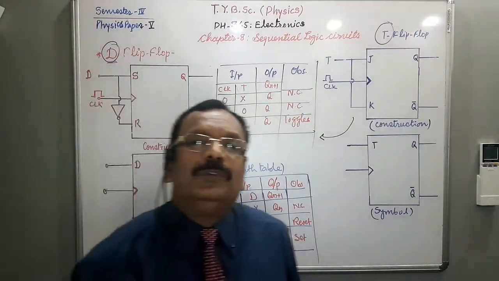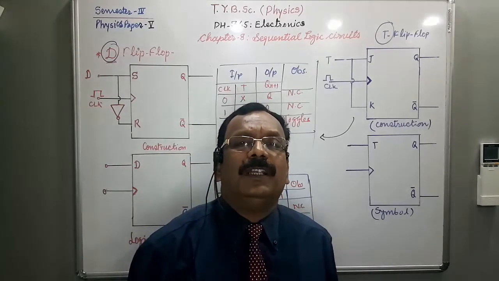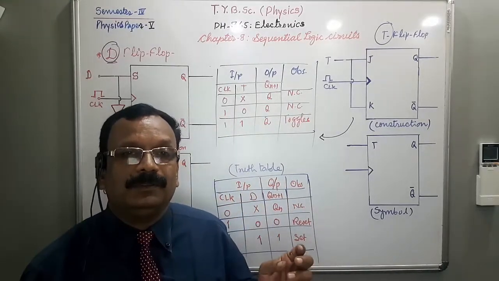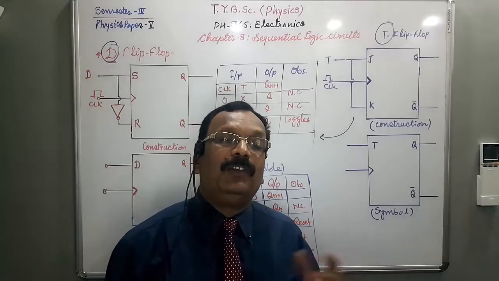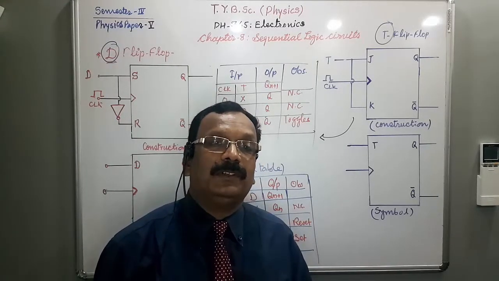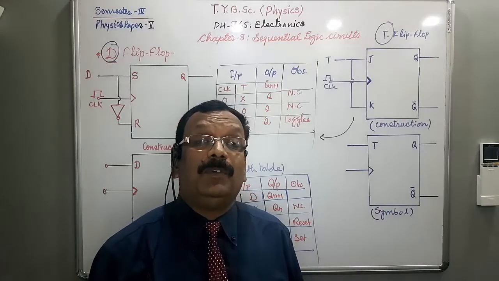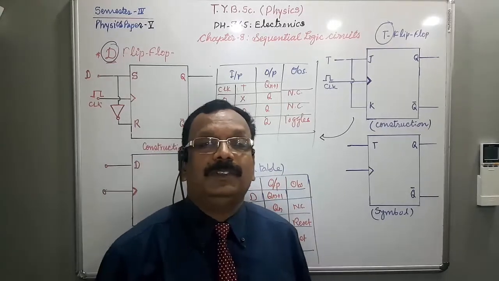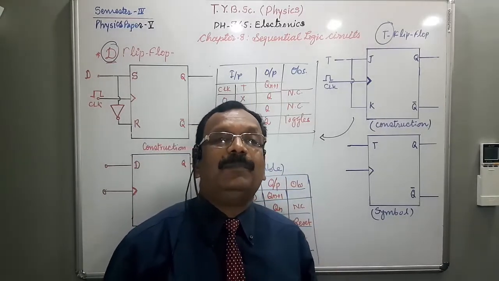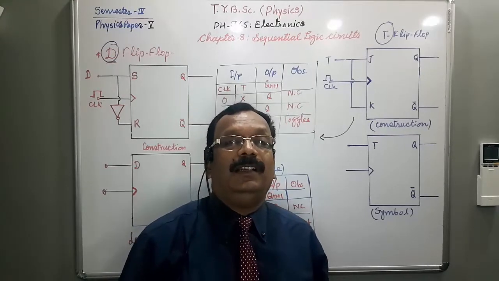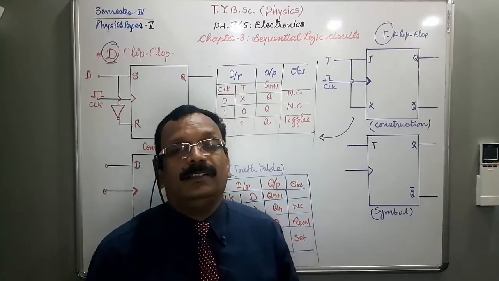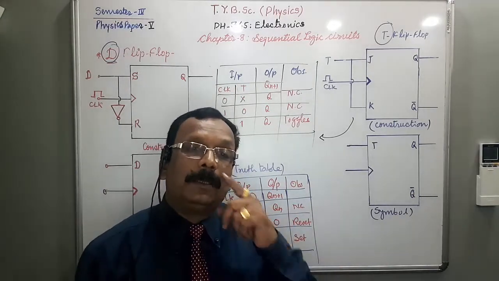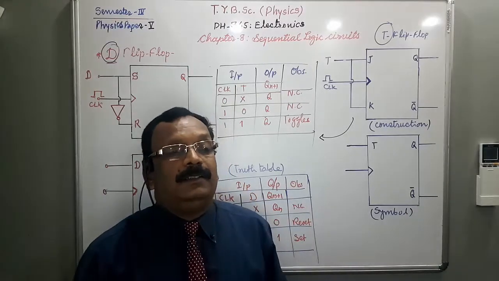I already told you, and here I am going to tell you again, that every other flip-flop, whether JK flip-flop, T flip-flop, or D flip-flop, whatever it may be, all the flip-flops are clocked RS flip-flops. Every flip-flop is obtained from RS flip-flop. So RS flip-flop is the basic one, but it has some limitations and drawbacks, and every other flip-flop overcomes the drawbacks of RS flip-flop. Now, here we are going to see the D flip-flop.